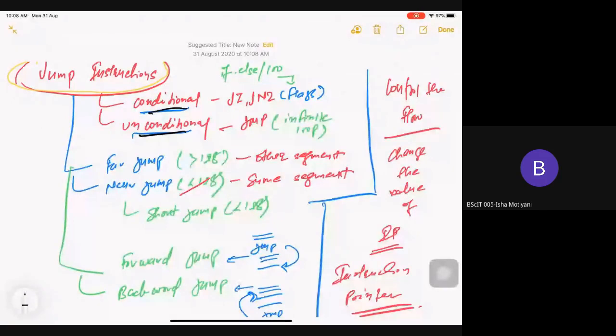So if carry is generated, I want to do this. If my output is 0, I want to do this. So for that, you have different instructions available which will work with your flags. So jump if 0, jump not 0, all are instructions like conditional statements. Same way you have unconditional jump. JMP is the instruction which is used as unconditional jump.